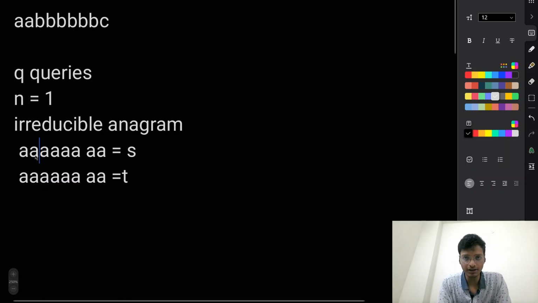S and T are not equal to each other. So that will become an anagram. So what intuition can we get from here? The intuition that we get from here is frequency. Overall, we need some frequency